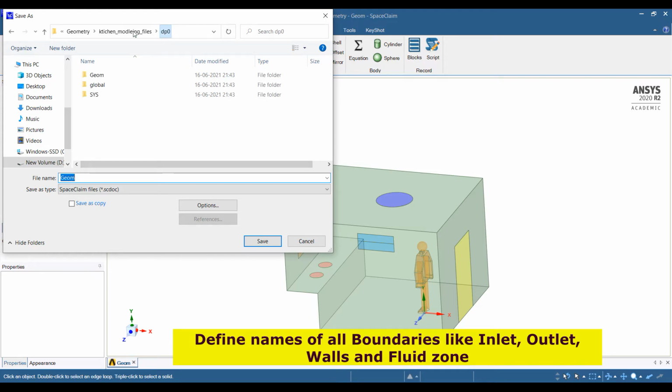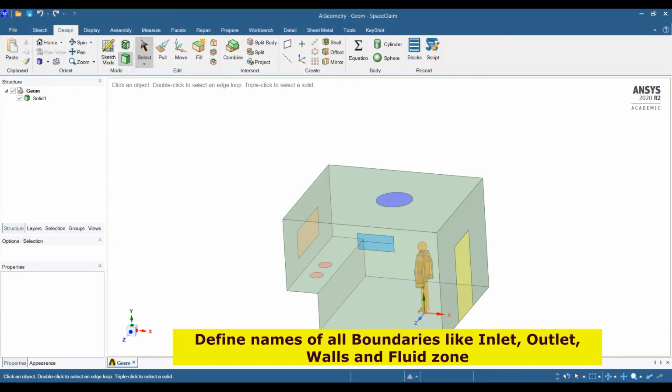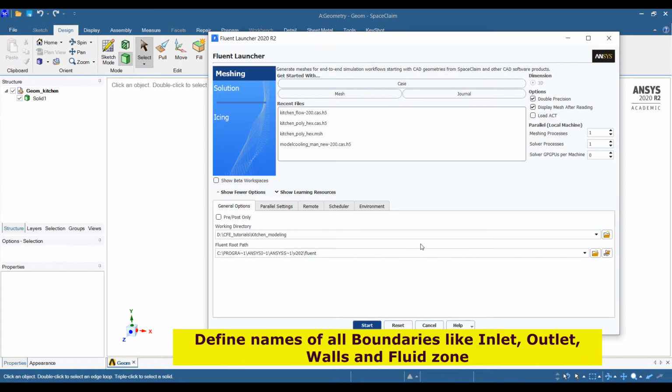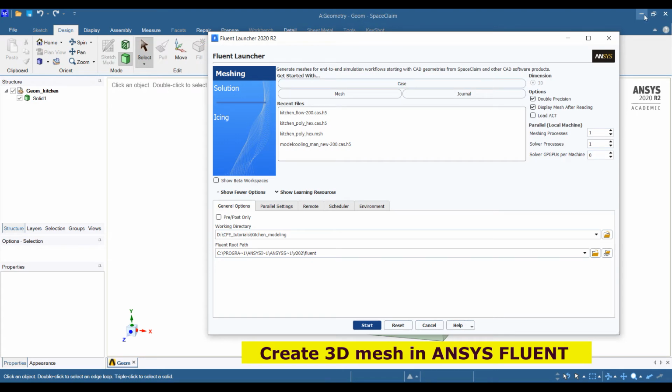You can save it from outside as geometry for the kitchen. Once it is saved, then open